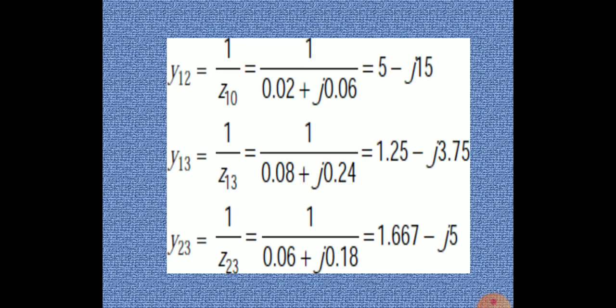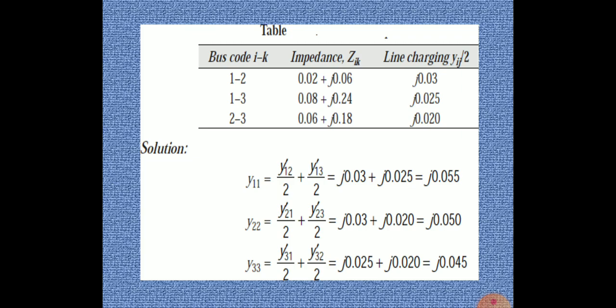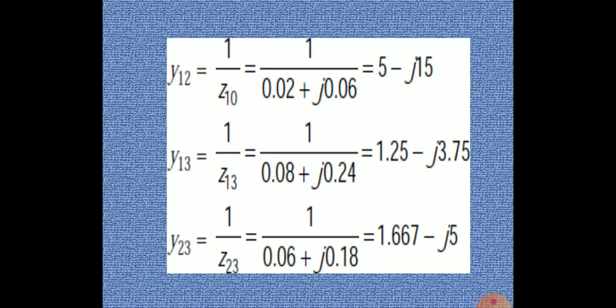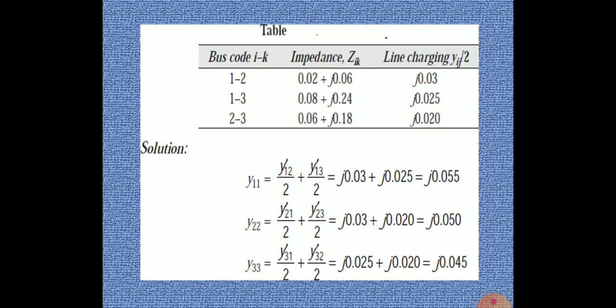So for finding the mutual admittance, 1 by Z is the formula. 1 by 0.02 plus j 0.06. 1 divided by 0.08 plus j 0.24. 1 divided by 0.06 plus j 0.18. Next, for